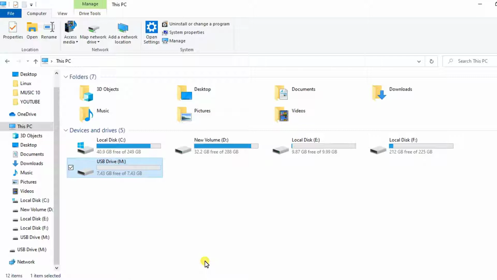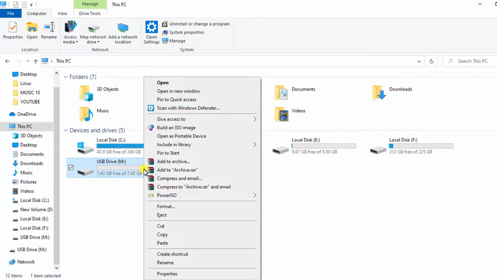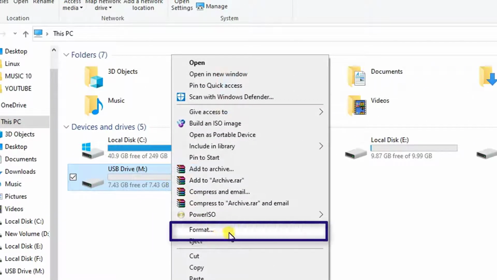Actually, we have covered part number 1 of this tutorial. Part number 2 is the solution of this error. How can you solve this error in Windows? So we can solve this error by formatting the flash drive as exFAT or NTFS. So let me right click here, then go to format,